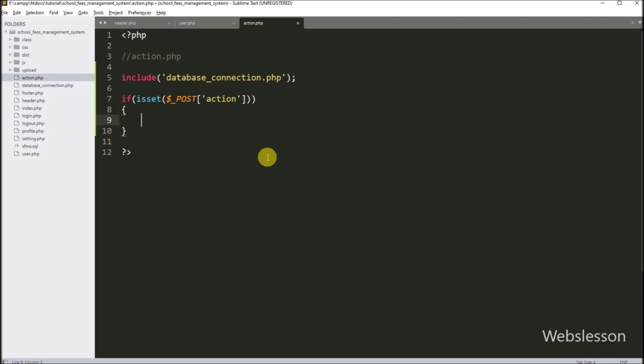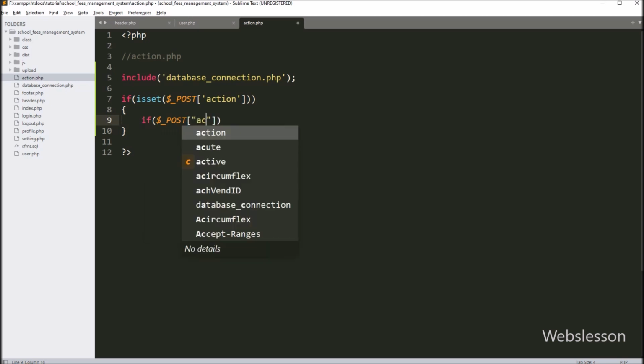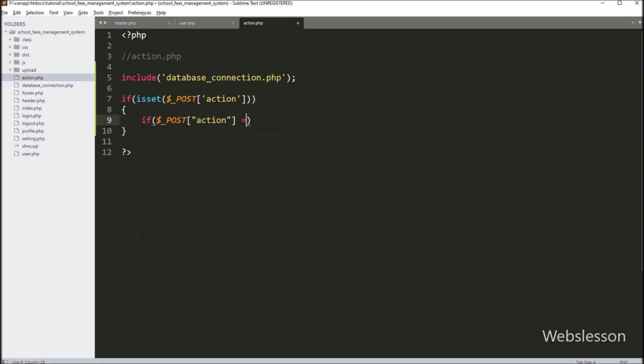Then it will execute the if block of code, and under this block we have to again write an if statement. And under the condition, we have to write $_POST['action'] variable value is equal to fetch_user. So if this condition is true, then it will execute the if block of code, and under this block we have to write